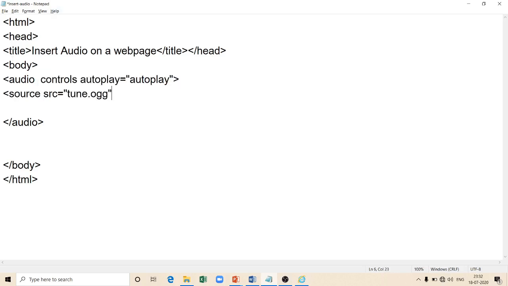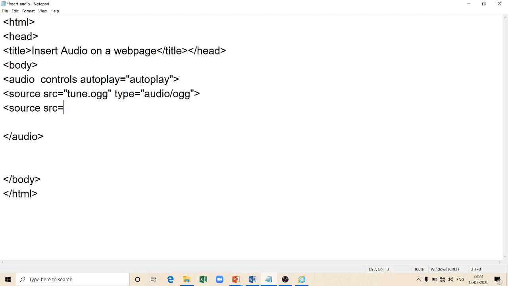We have to give two types of source tags. Here I am giving first type equal to audio and it is OGG format. I will add another source file. See, the track which I am going to play is the same, but just the extensions are different.